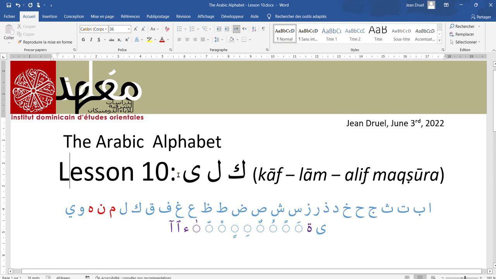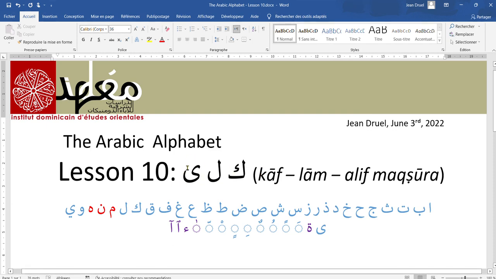So today we are completing 3 more letters. The first 2 here are in the alphabet, so we're completing 2 more letters from the alphabet, the kaf and the lam. The kaf is written like this and it is pronounced as a regular ka, kaf. This one here is lam and it's pronounced as an L. So it should be easy to pronounce and easy to spot in the words.